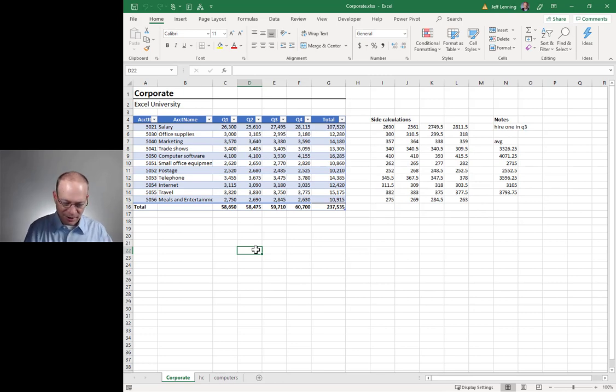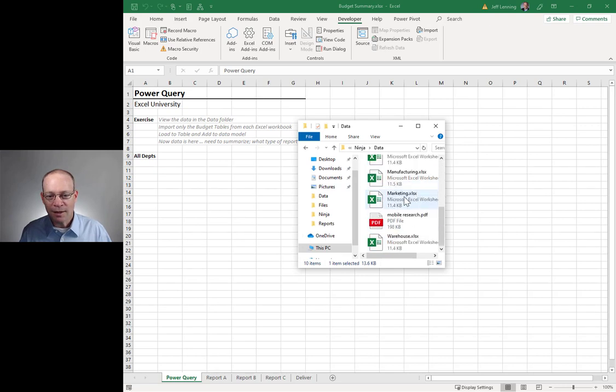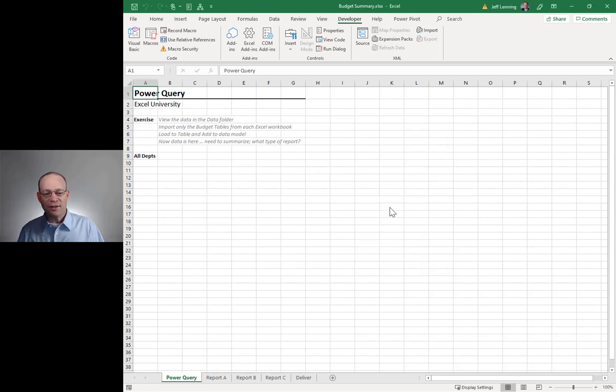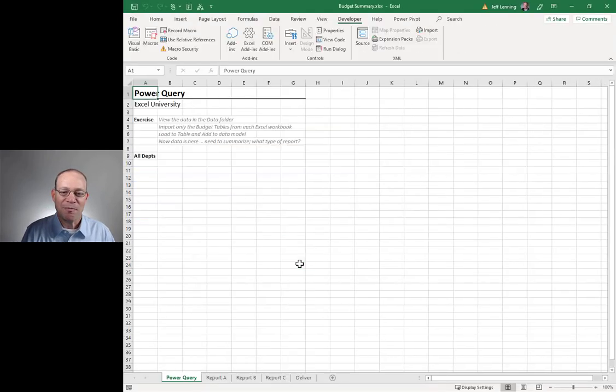So that's good. And let's close this and let's look at one more. Let's look at HR. We look at HR and here we see, okay, yes, there we got it. So the HR manager got the budget values into the budget table and didn't change the structure of the workbook. So, way to go. That was awesome. But now we get all this stuff back and we're like,